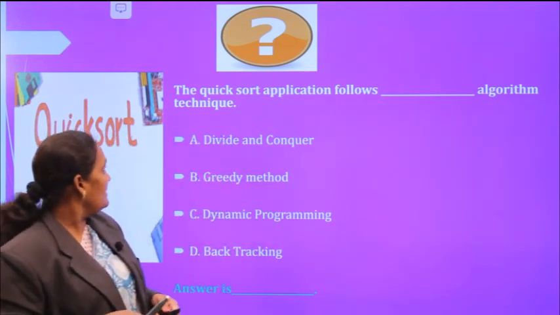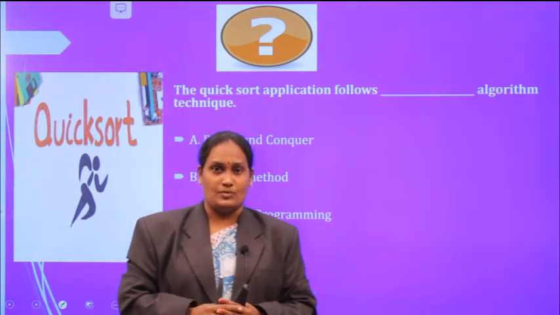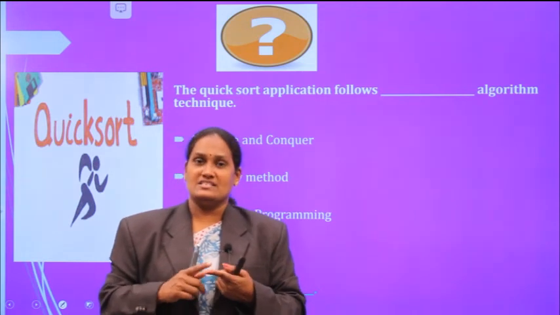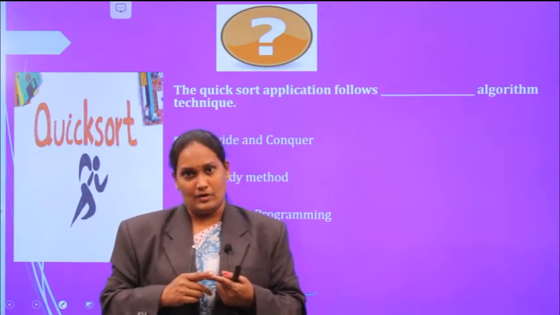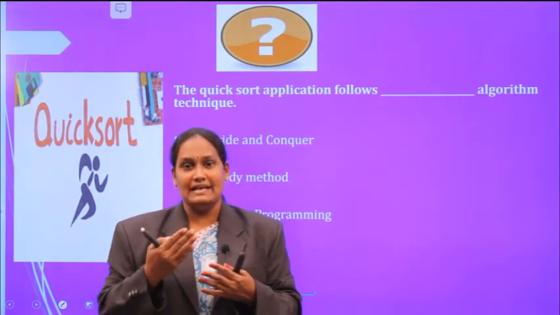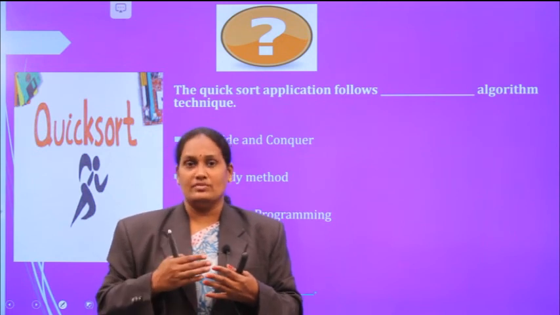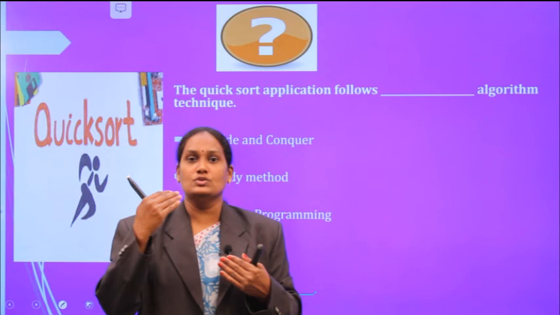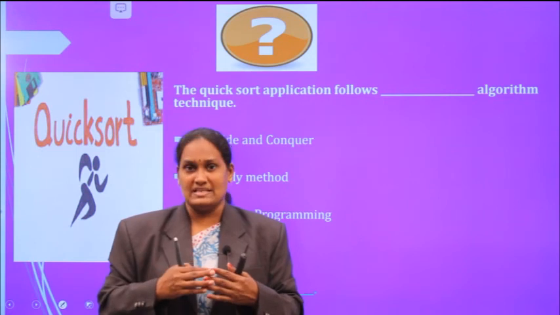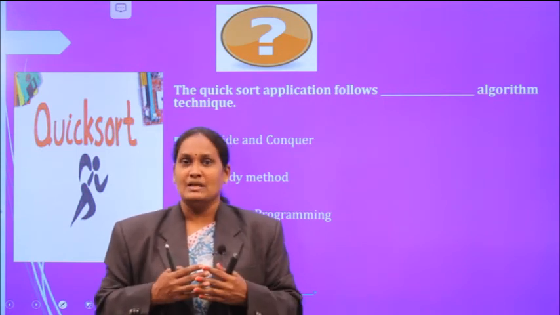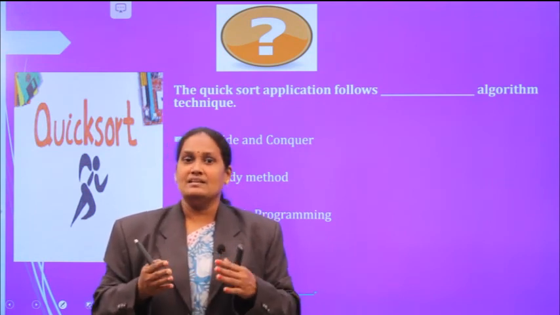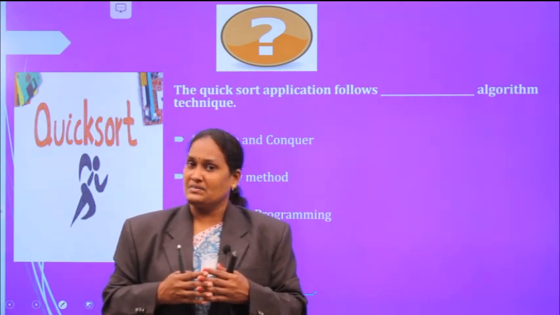Okay, now I hope you all understood the quicksort process. Now I am going to summarize the concepts we explained in today's session. In today's session we explained what the quicksort problem statement is, how we partition the elements, and how we rearrange those elements. We also explained by taking an example how to do that rearrangement and partitioning. We also saw the algorithm for quicksort, analyzed the algorithm by taking an example, and saw the time complexity of quicksort. We also saw the comparison of merge sort and quicksort.